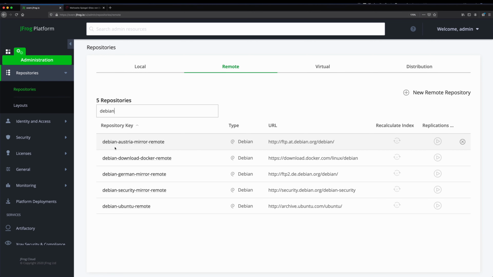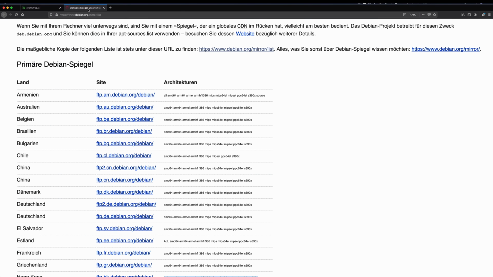So here I have, for example, for the Debian, selected the Austria remote and the German remote. These are both mirrors of the original one. So you can see here the URL you need to know. If you don't know or you need a list of available mirrors, you can check it from the Debian site itself. So go to